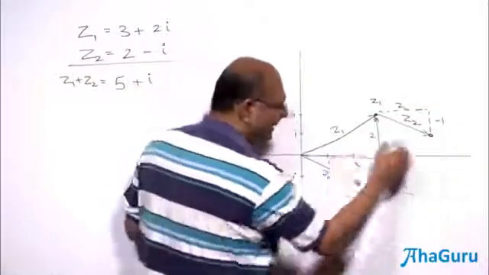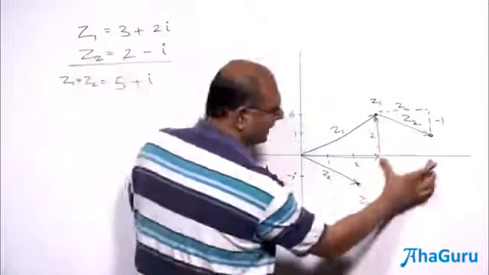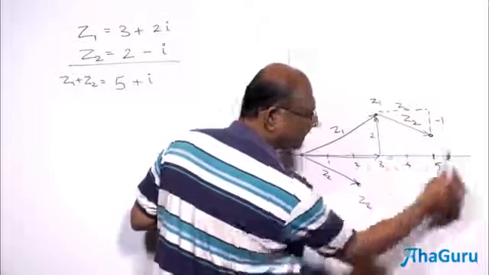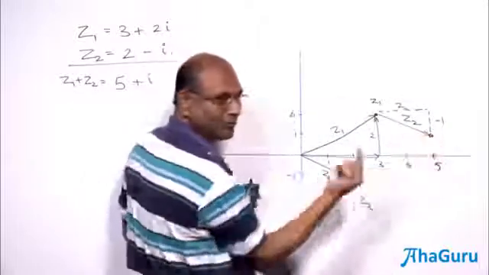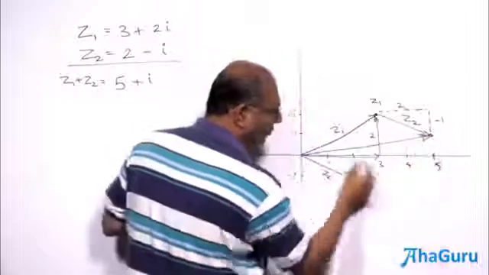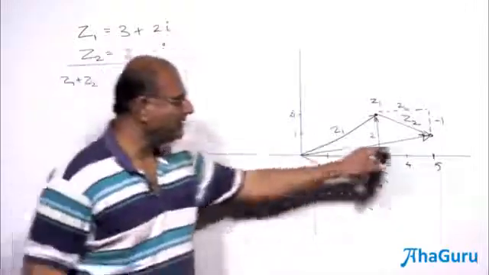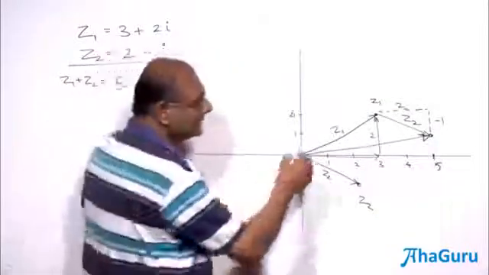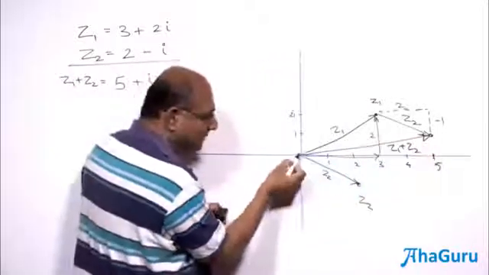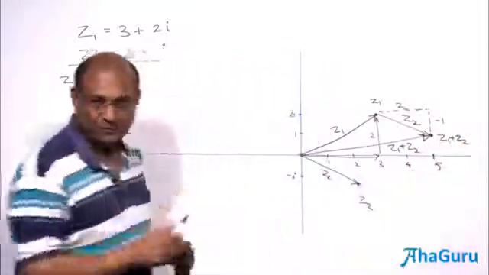So what did you get when you get this whole thing together? 5, because you have gone 3 plus 2 more. This would be 5. And then this is 1 up, right? And so if I now join this, what is this arrow? 5 plus i. 5 plus i. But this is Z1 plus Z2. And since it is starting from the origin, this point is also Z1 plus Z2. It's a lot of stuff to keep in mind, okay?